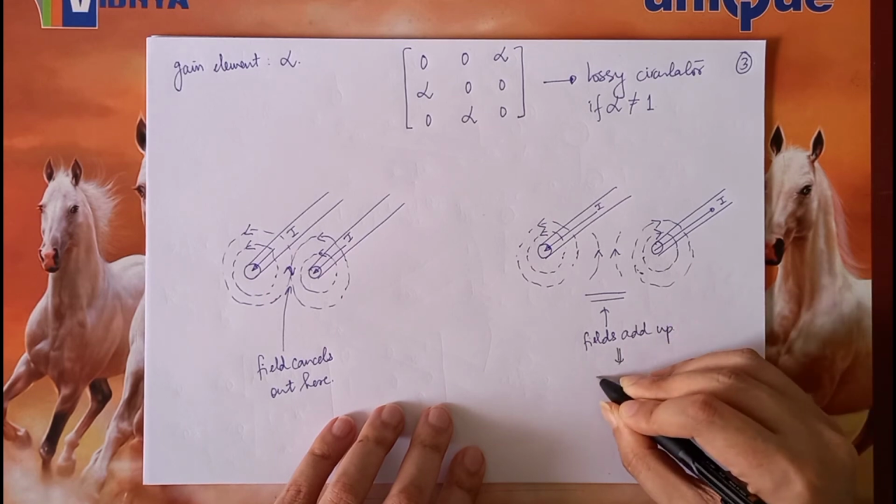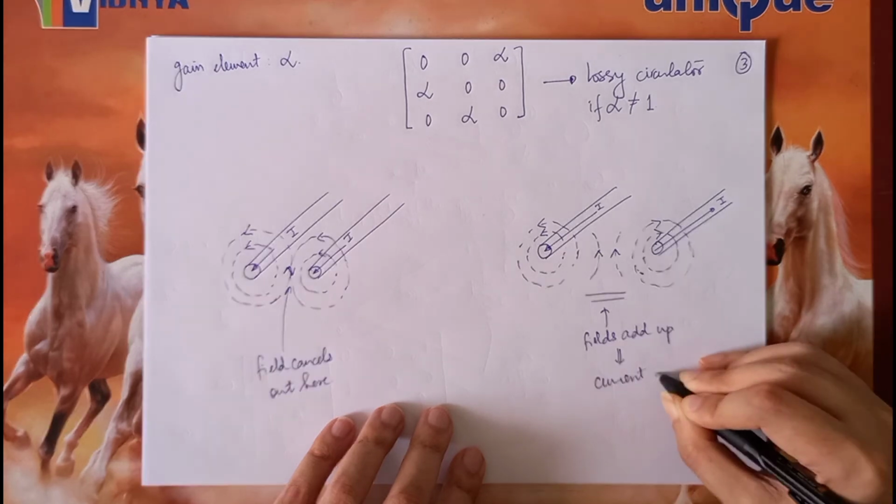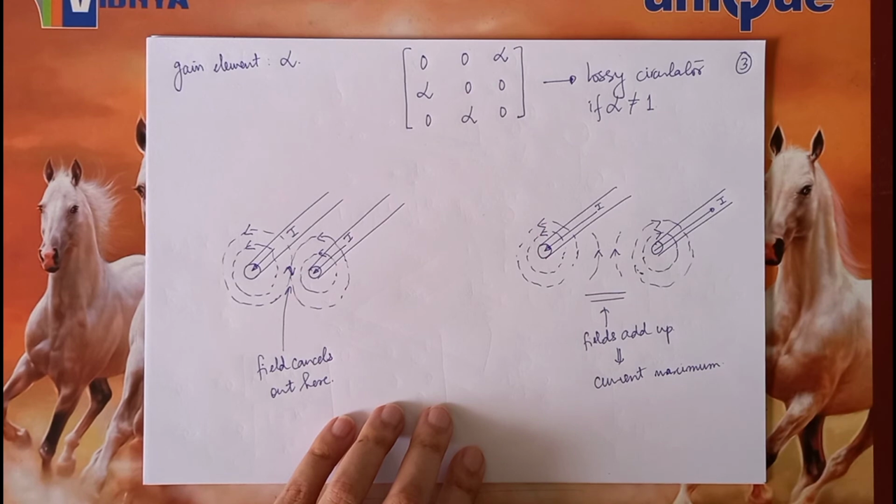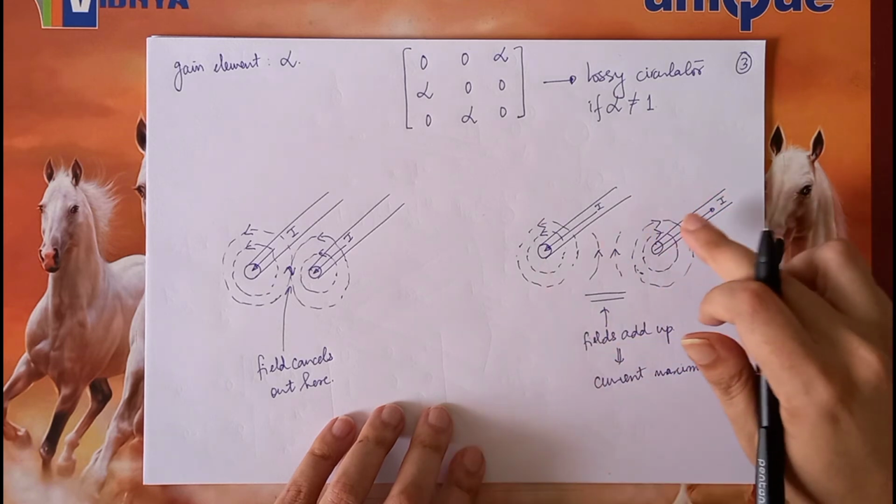That means there is a current maximum. There is a current maximum over here. Whereas,